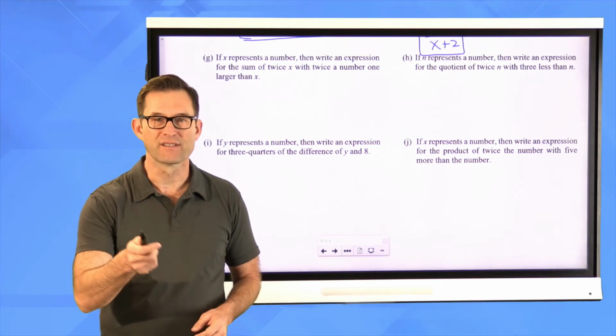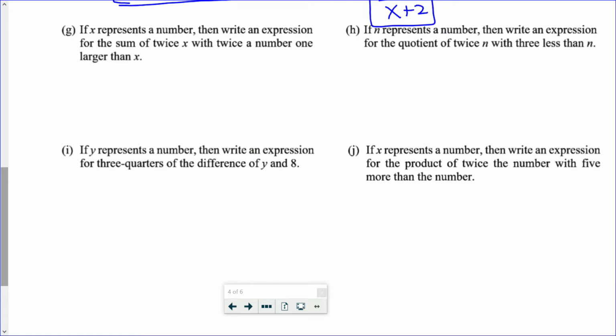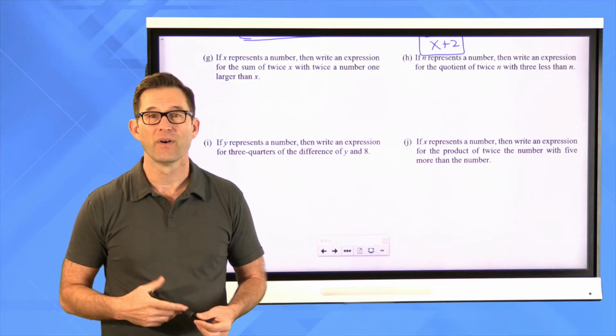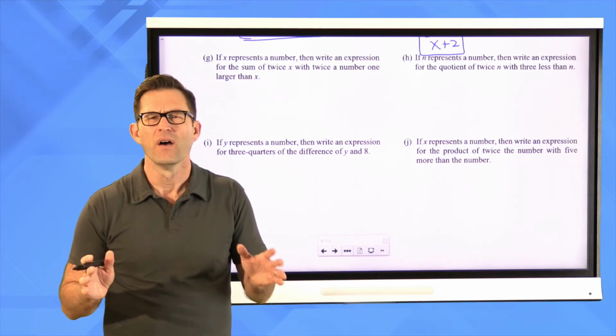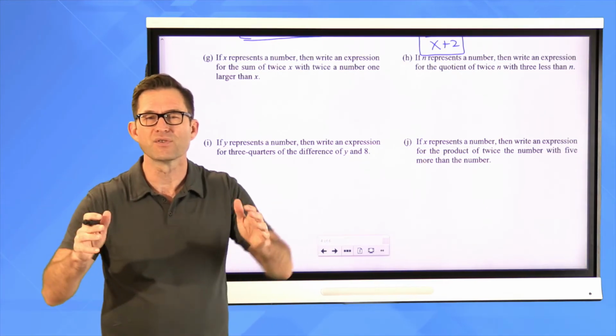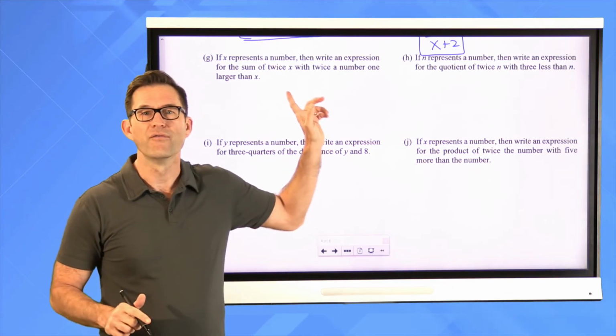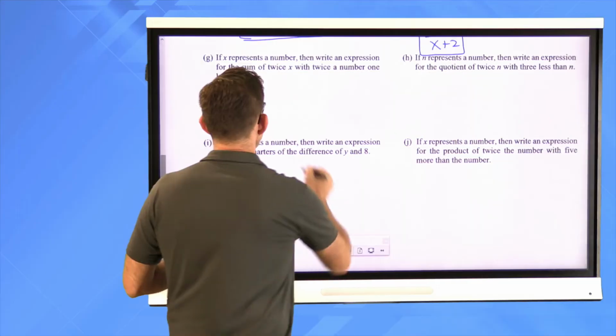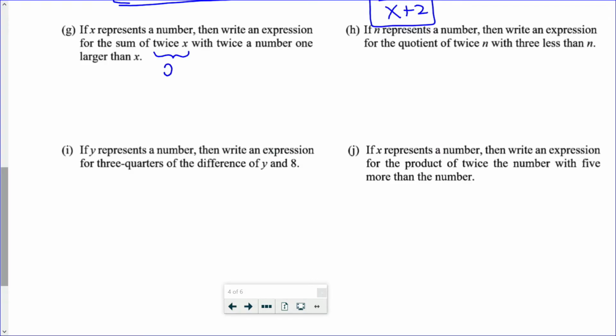All right, let's take a look at letter G. If x represents a number, then write an expression for the sum of twice x with twice a number 1 larger than x. Okay, so let's boil this down. We got a number x, and we want a sum. So overall, we're looking at a sum of twice x. Twice x, that's going to be 2x,